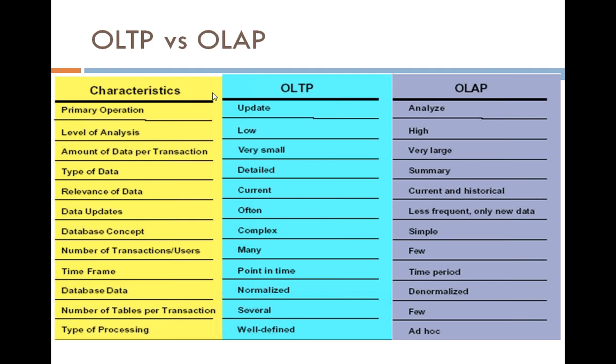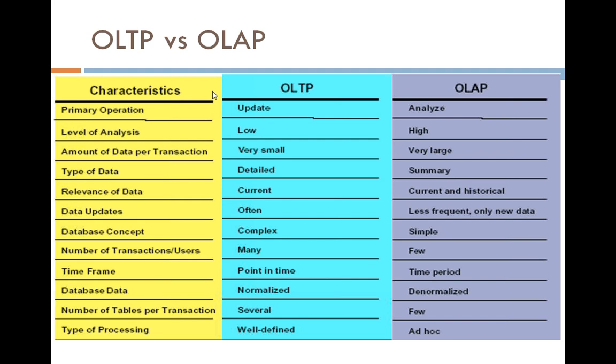And the OLTP systems consist of tables, that's it. Tables, and each and every table consists of columns and rows. The rows contain data and the columns contain the header values. Each and every table is joined with one another by using primary key and foreign key concepts. In this way, multiple relations would exist between the number of tables, and the data is getting updated in these tables very frequently, because when the store is open, lots of customers would be visiting and purchasing things and making bills, right? So that is the reason these tables are getting updated very frequently.